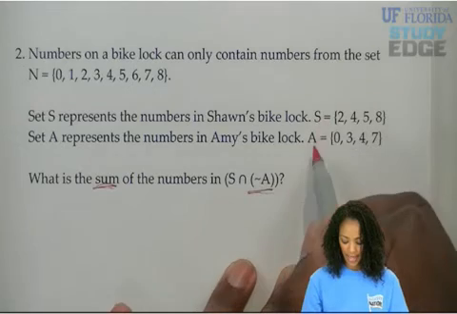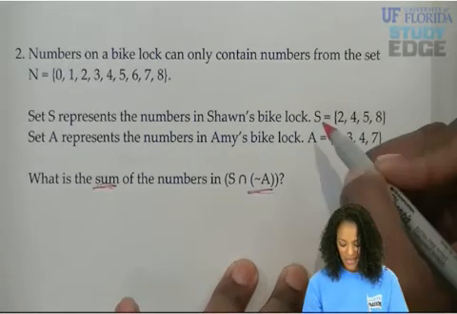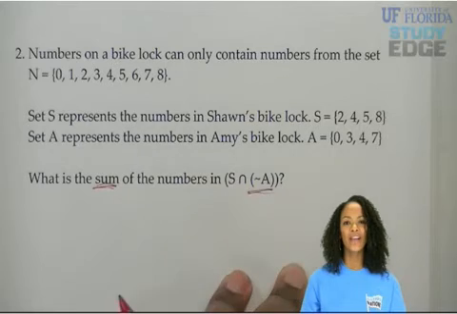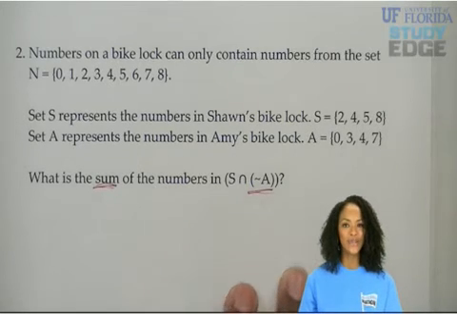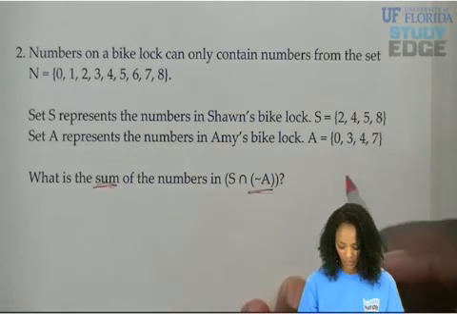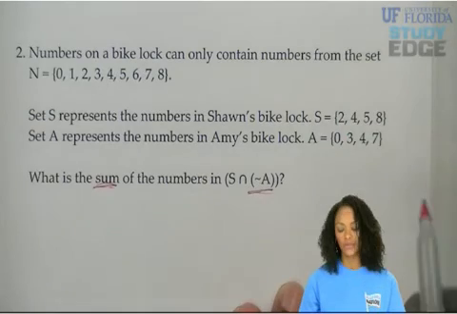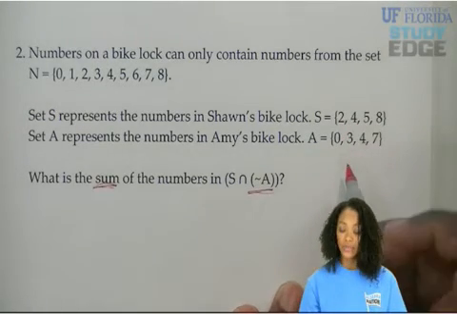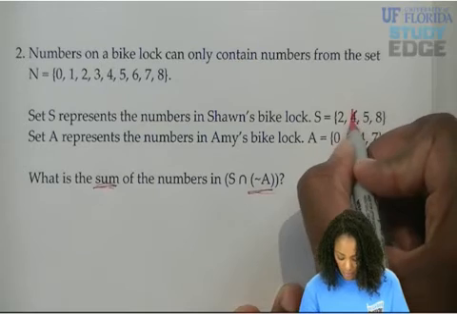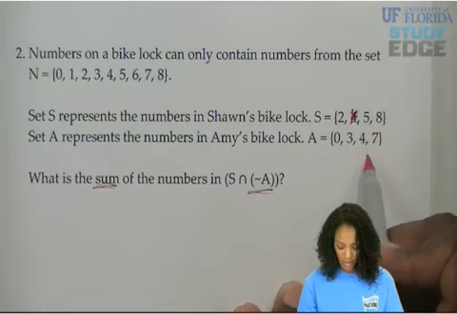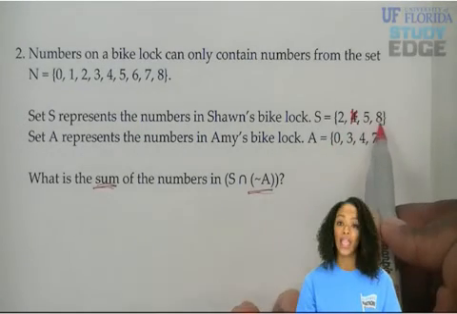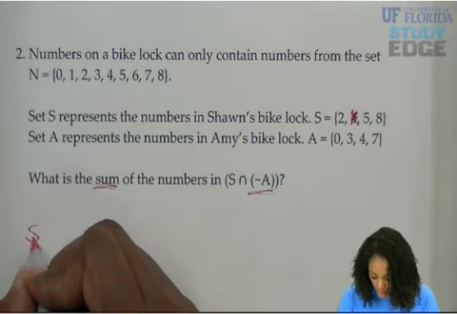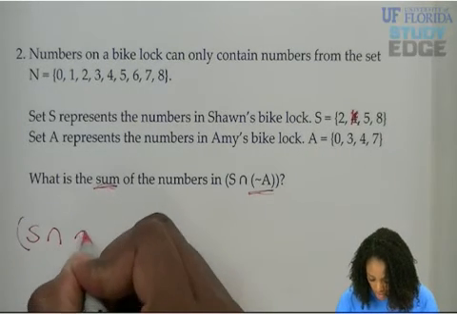Let's go up here to set A and set S. Okay. Set S and set A. And let's eliminate any element in set S which is also in set A. Is 2 in both of them? No. So we leave that. 4. 4 is in set S. It's also in set A, so let's eliminate that. 5? No, it's not in set A. 8? No, not in set A. So then, S intersection A complement